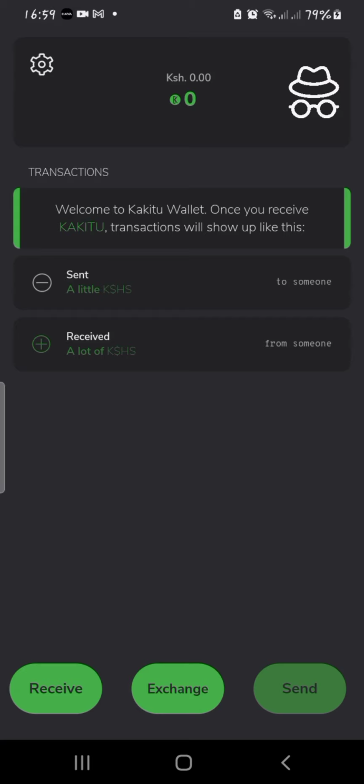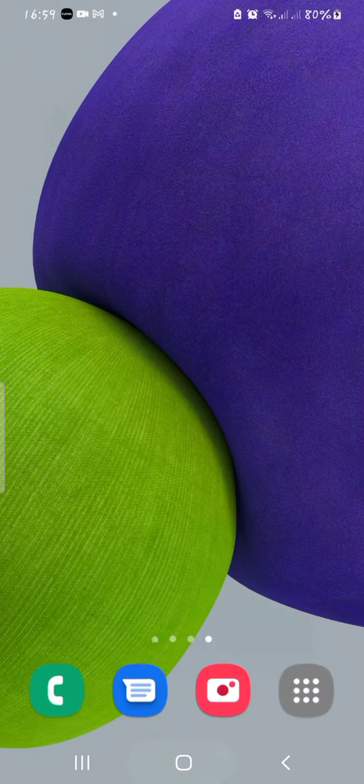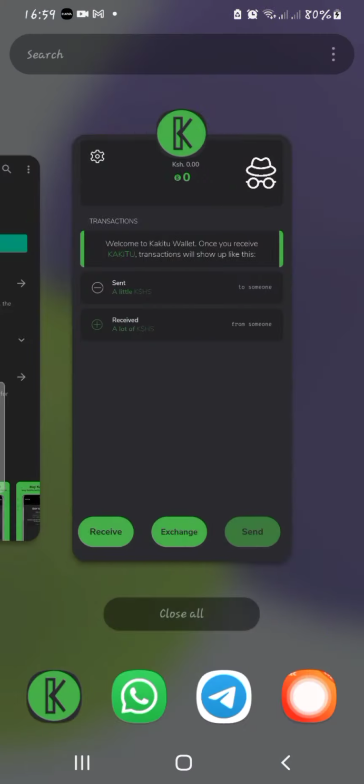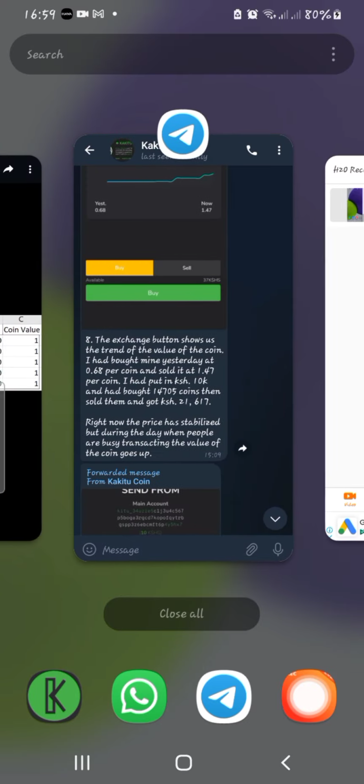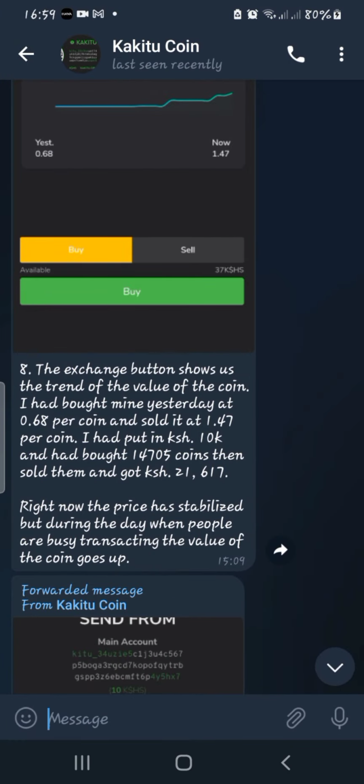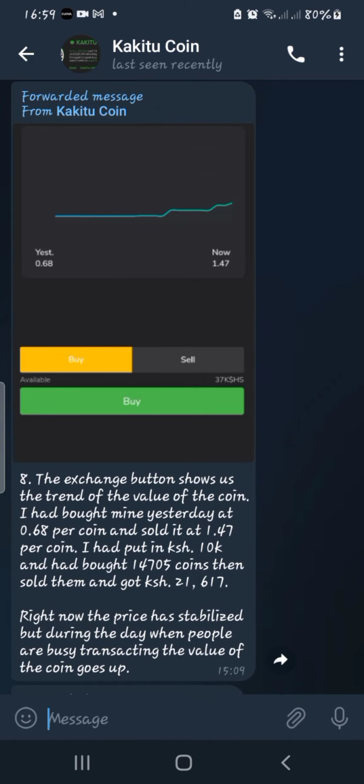Next, the exchange button shows us the trade of the value of the coin. For example, I'm going to show you this through a table below. There's a table over here, and the exchange button shows the trade of the value of the coin. I had bought mine. You can see there's a graph over here showing us the trade of the coin, how the coin has been growing